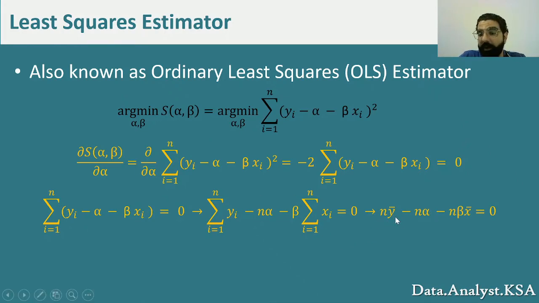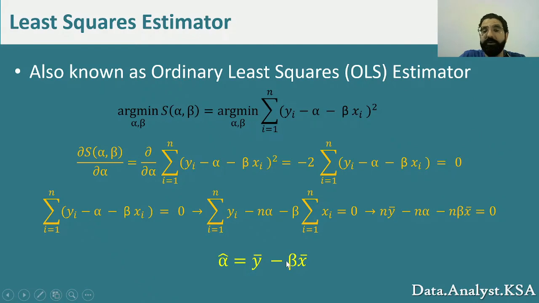So this is going to be n y bar minus n alpha minus n beta x bar. And since I have an n in all these terms, and n is a constant, the number of observations, I can just lose the n and end with solving for alpha as alpha equals y bar minus beta x bar. I'm taking the n alpha to the other side and dividing everything by n, I'm going to end up with this. The hat here says that this coefficient is estimated to reach the minimum sum of squares. So the alpha hat is my estimate for that coefficient of the linear model, and it equals y bar minus beta x bar.